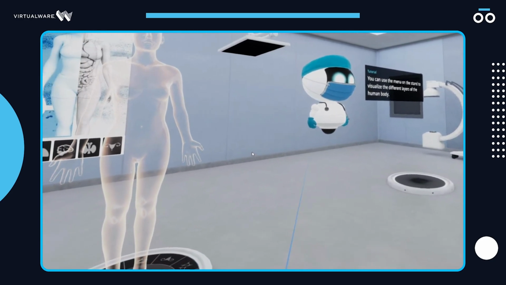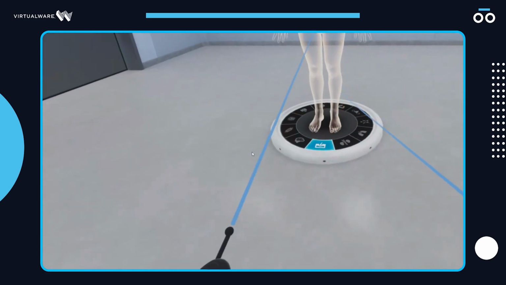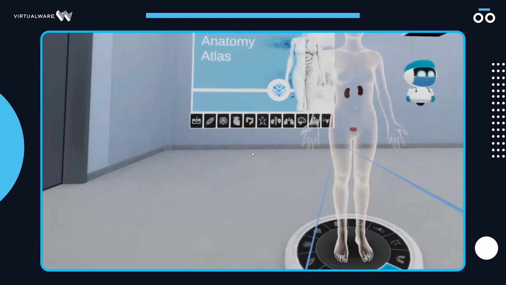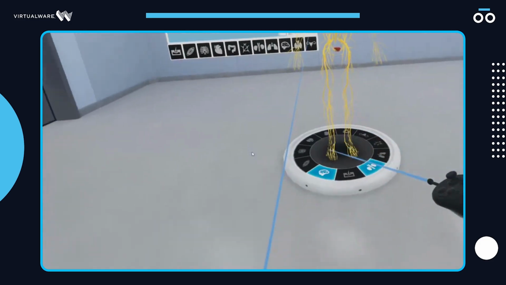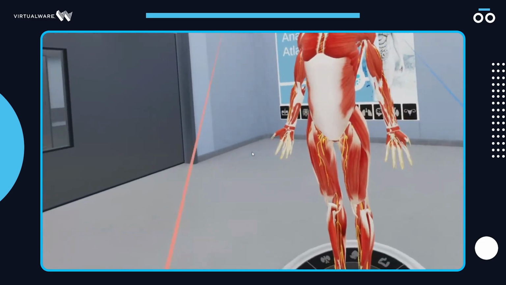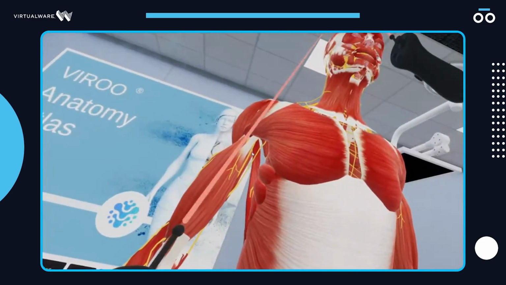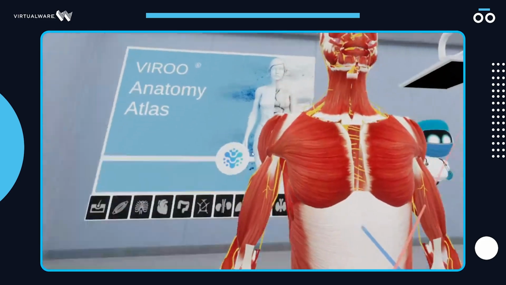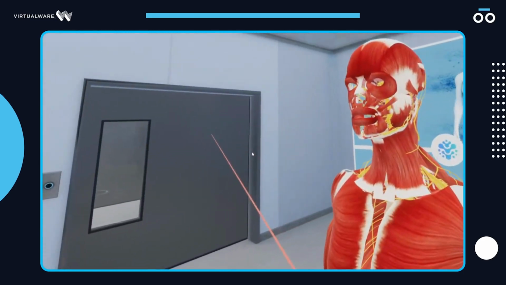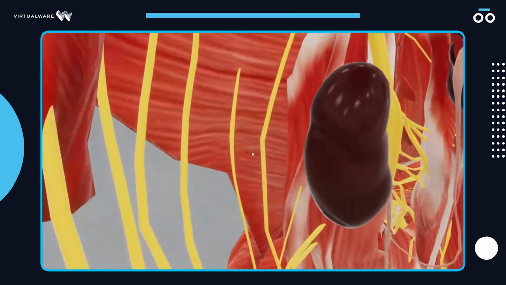And as you can see, I have the human body here. I have the different parts, and I can start moving around. I can point with my controller and start selecting different organs and systems inside the body. So this is a really new way to learn, guys. This is amazing. Seeing this at one-to-one scale, because I'm sitting now, I sense the height of the model, but if I stand up, I'm a small person, so the model is still taller than me. This is a really cool way because I can just jump inside the human body